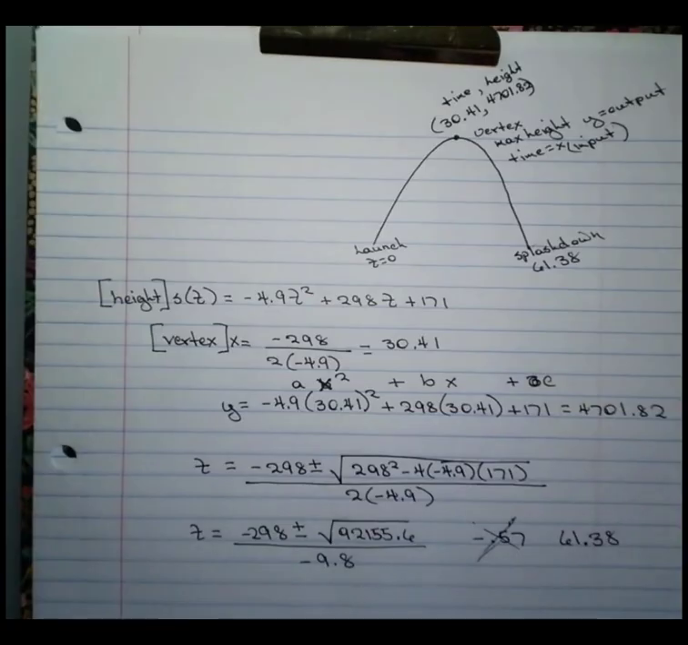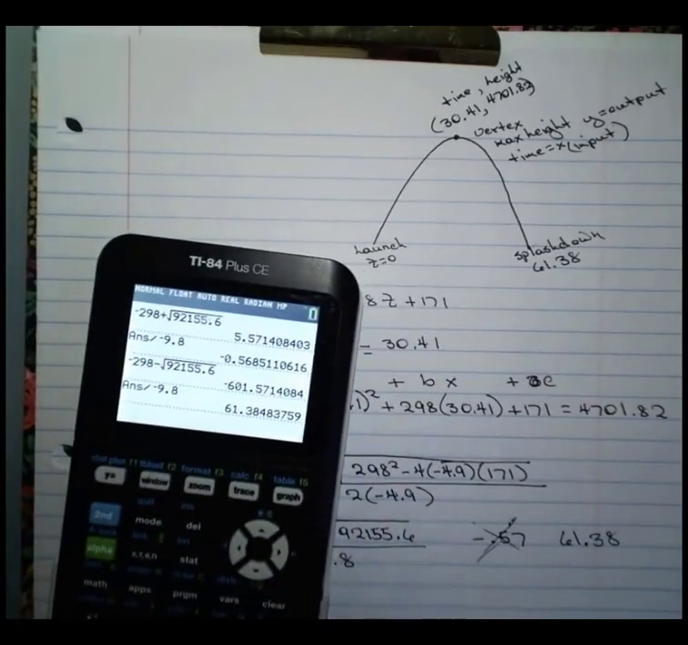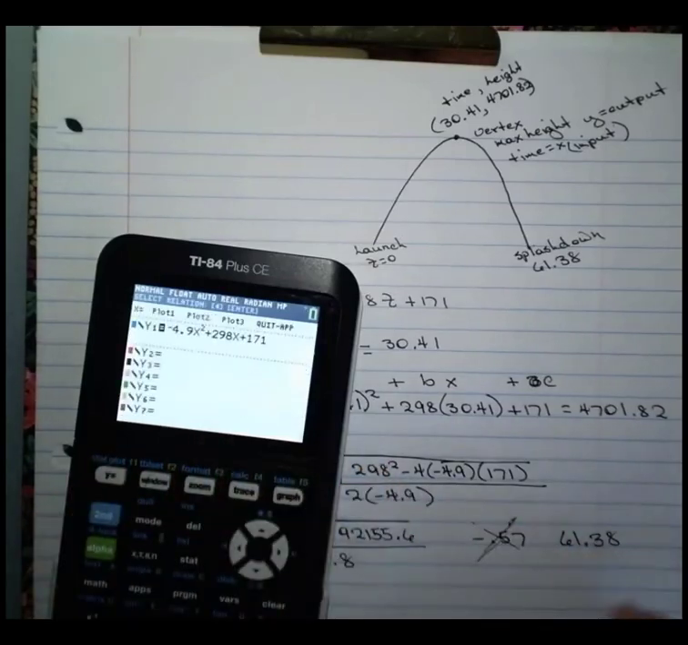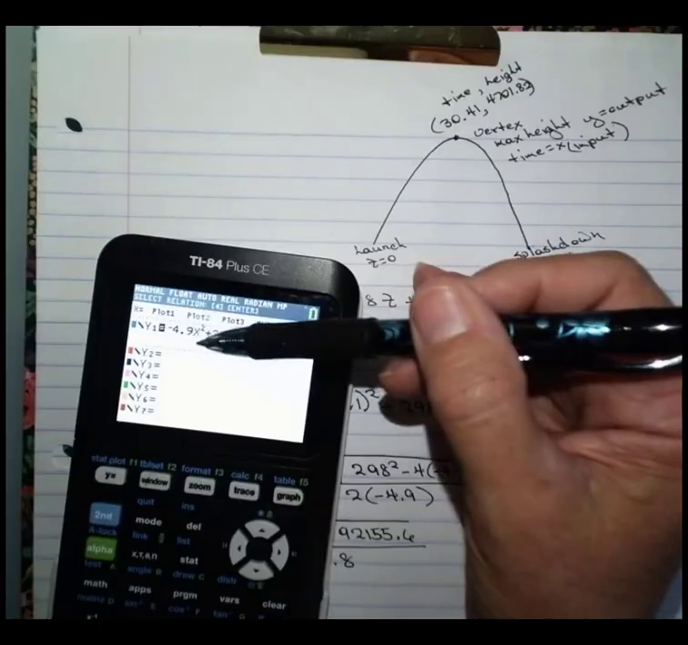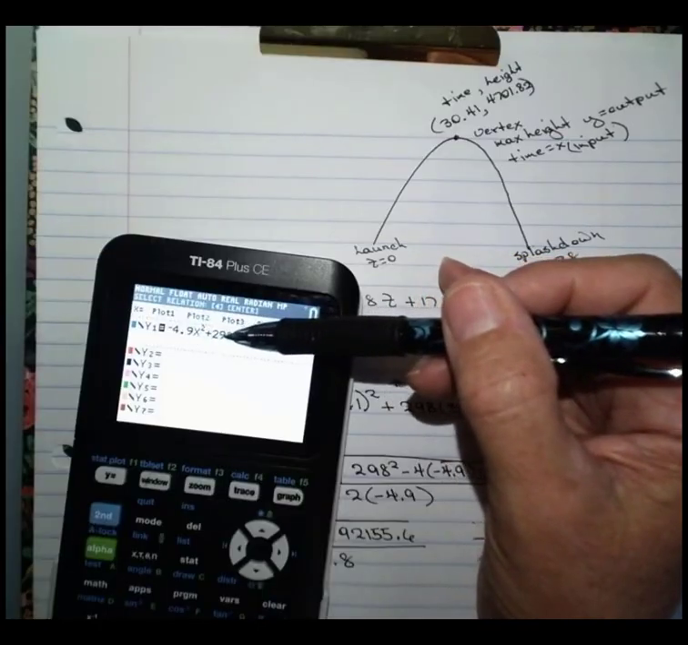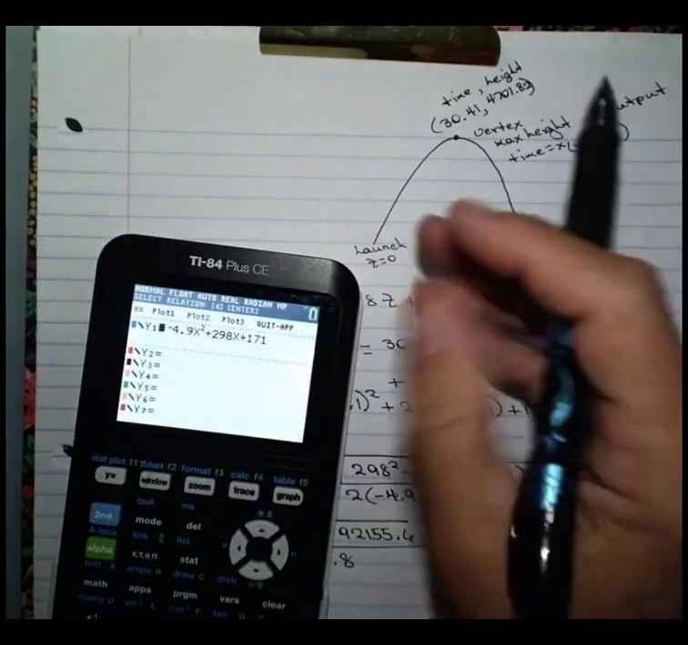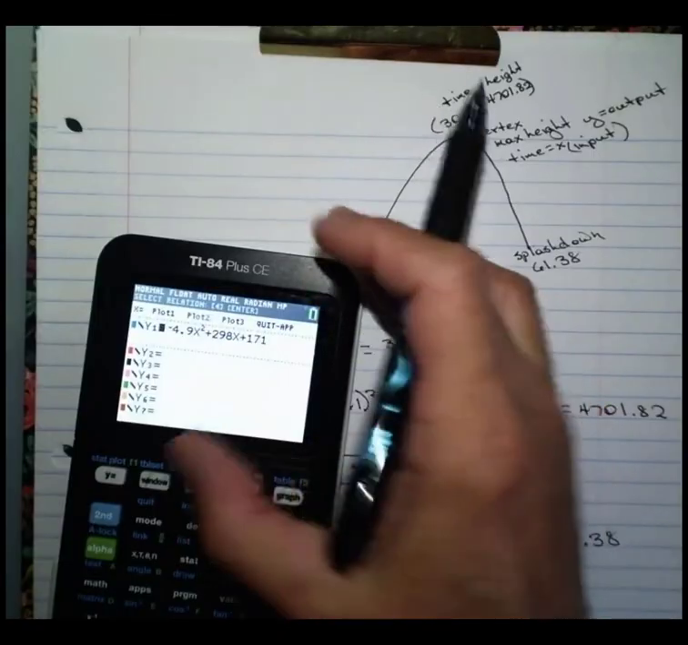Now, we've answered all of our questions on our piece of paper, but I want to go in here and show you one more thing that you can do with your graphing calculator. First, you can enter this into your y equals, and it's not an easy function to enter in, but it's negative 4.9 x squared plus 298x plus 171, and then graphing it is a bit of a problem unless you